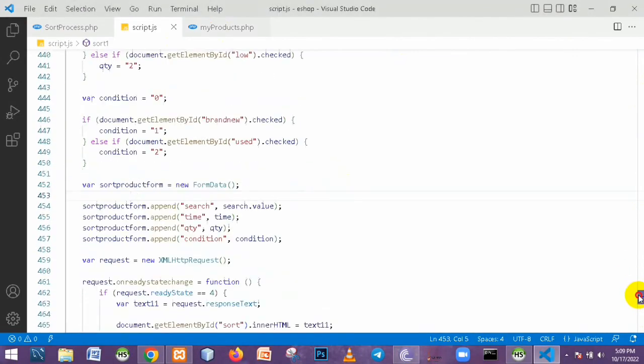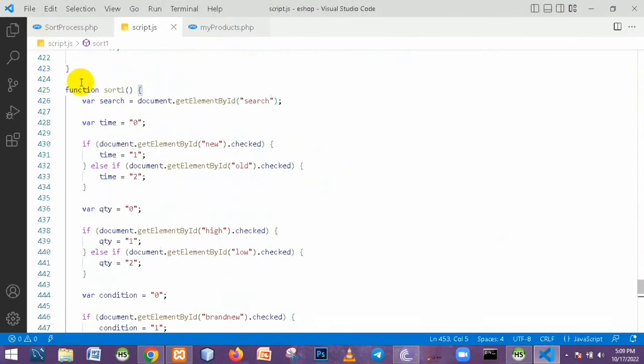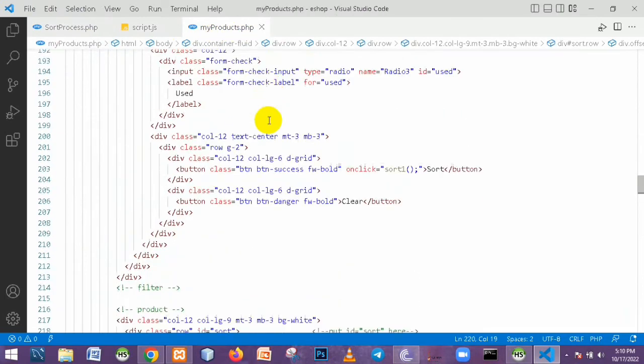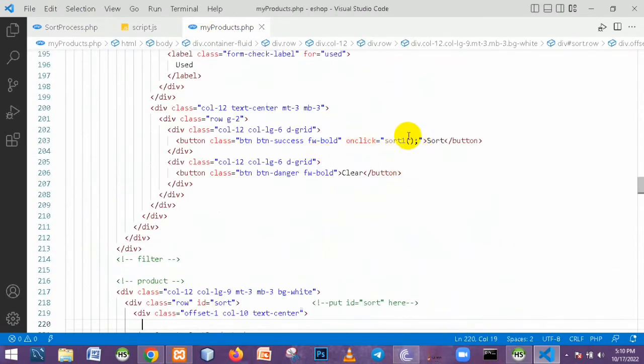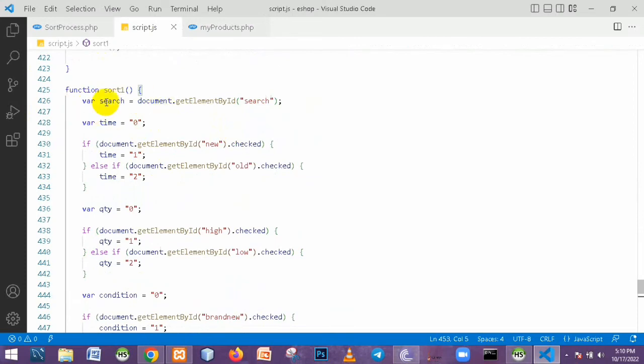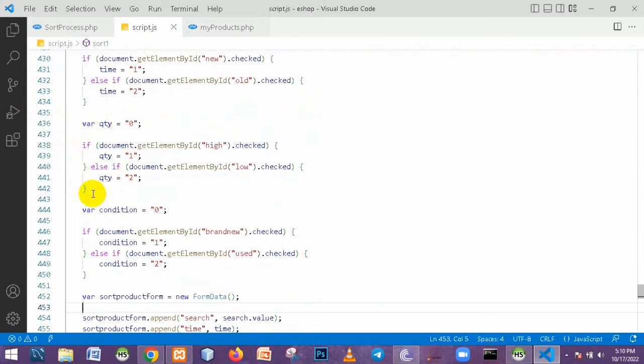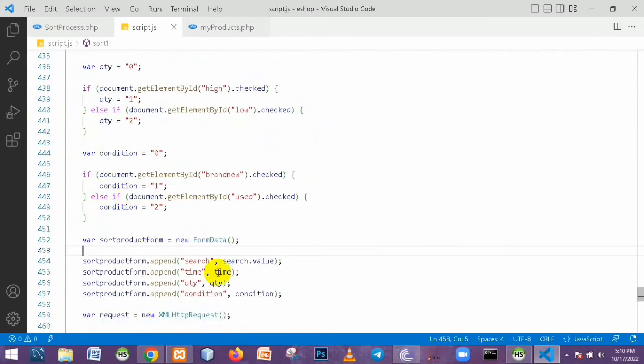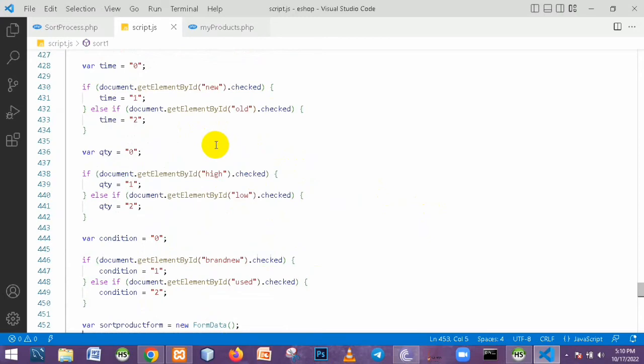This is the JavaScript part here. We have some important code lines here. I call this function sort function because I give my sort process to the sort button. You can see this sort button here, and this onclick here. With this command, I want to run my command in this JavaScript function here. So I wrote these code lines, and I want to get my search input field and time input fields here, and I also get my quantity inputs and condition inputs here. So I coded all those inputs in this JavaScript, and also gave this checked attribute with this function, with this process,